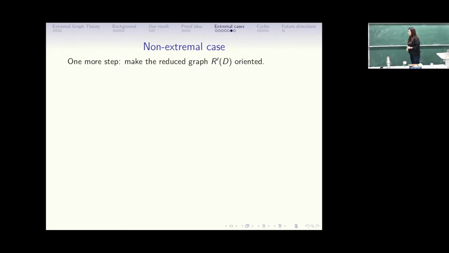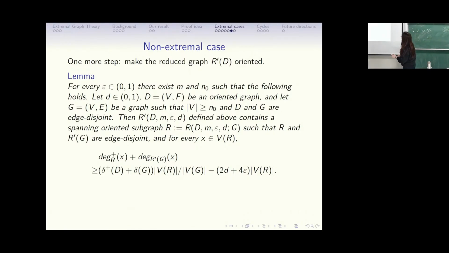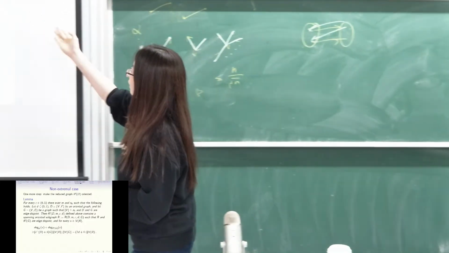And then there is one more step we need to make. D is an oriented graph, but the reduced graph doesn't have to be oriented, because there could be a regular pair such that there are many edges going this way, and also many edges going this way as well. So it could be a regular pair for both directions. But in our application, I don't want that case, because those edges don't really perform as real double edges. So the last step is, if there are two directions, I'm just going to keep one of the directions.